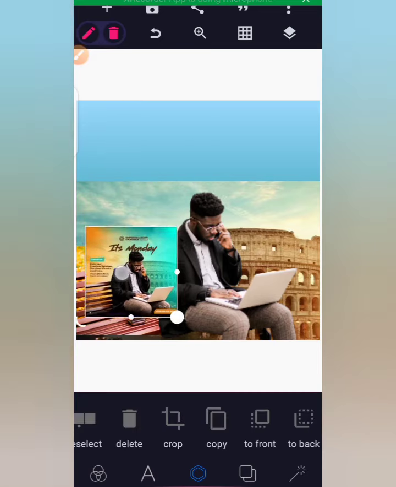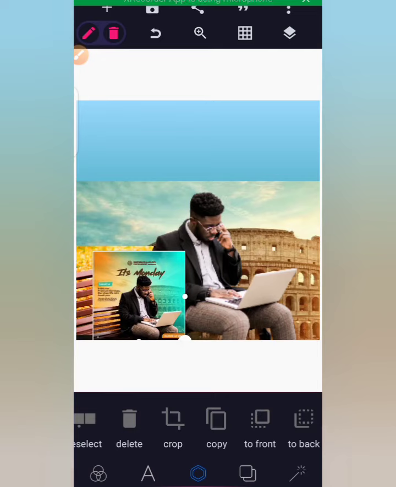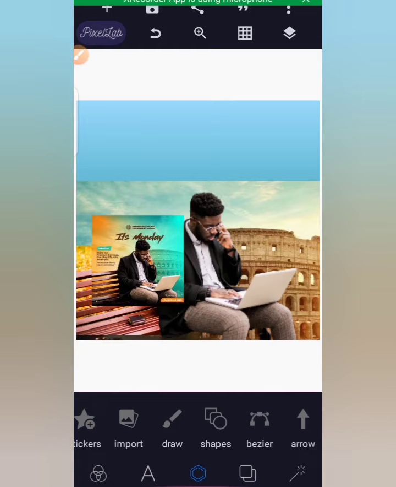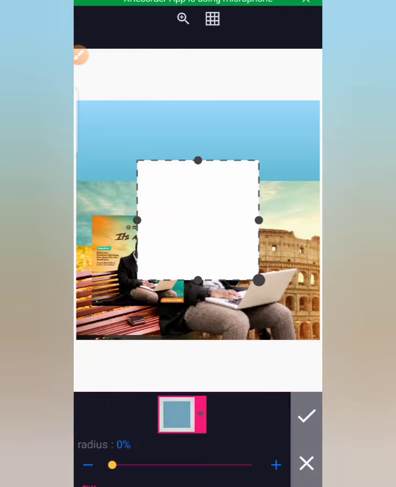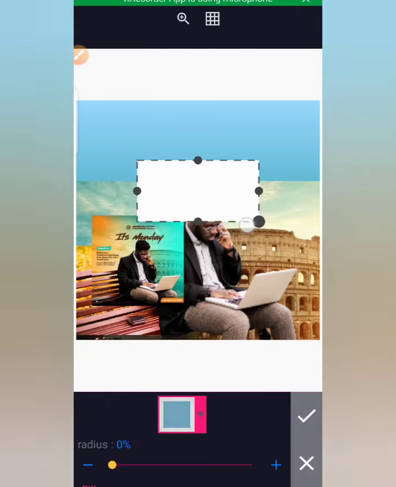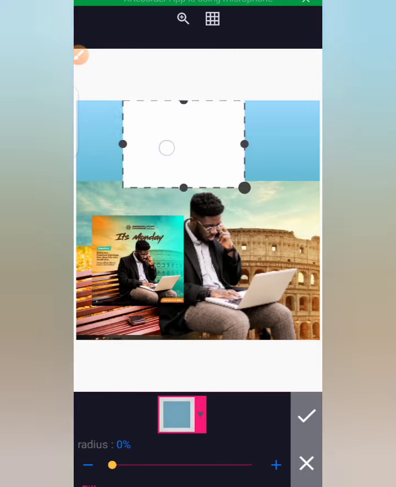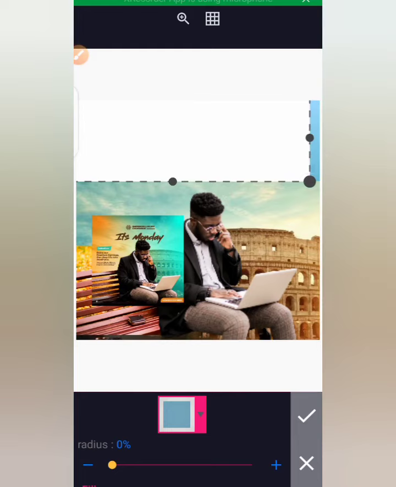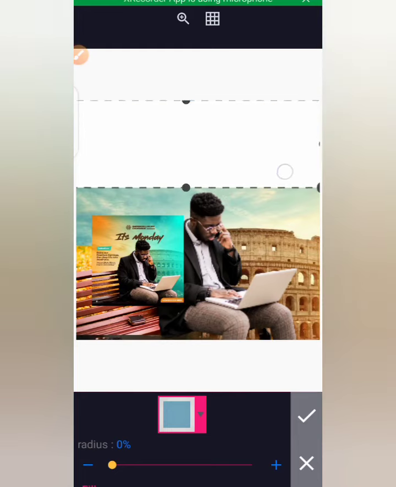So I'm going to move this outside. Okay, I'm going to move this here, and then I'm going to collect a shape, and then keep this shape here. Alright, keep this shape here, and then just arrange it properly. So ensure that it reaches here. Okay, so just keep this here, and then